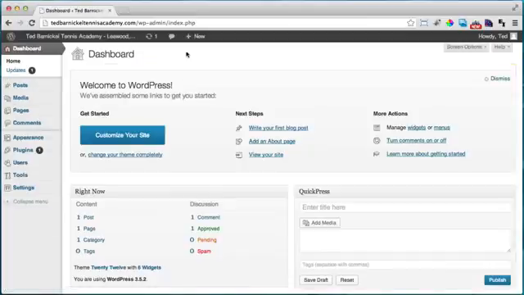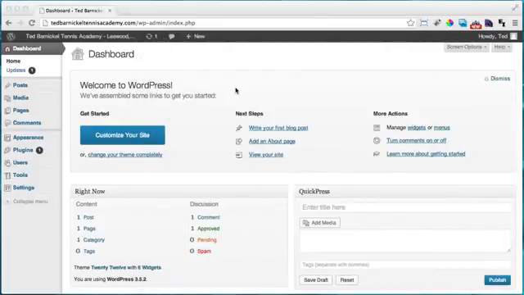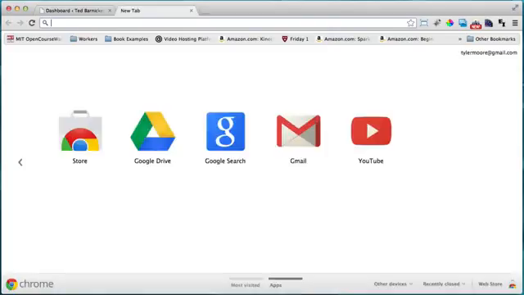And let's check our progress and see how we're doing on our little to-do list. So we got our domain, we got hosting, we installed WordPress, done. And the next thing we need to do is get our theme. So I'm going to show you how to do that right now. So let's open up a new tab. Let's head over to